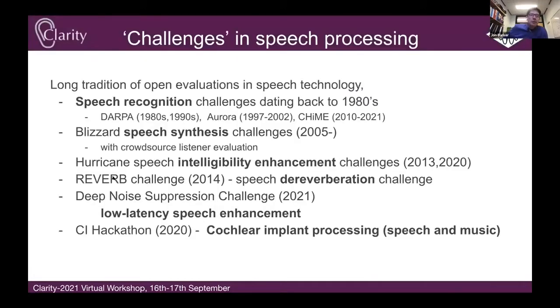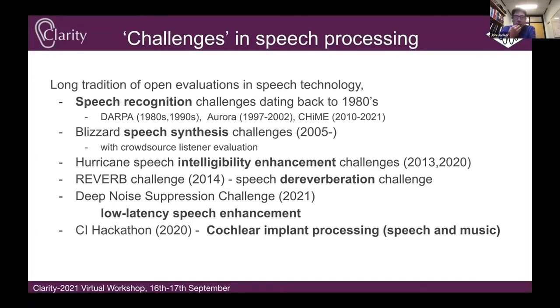So to start out, I'd just like to point to some of our inspiration. There's been a long tradition of common task evaluations in speech technology, and this dates right back to the 1980s with the DARPA speech recognition challenges. From the 1980s onwards, speech recognition has been progressing largely through the definition of shared tasks, where there are open data sets and common evaluation, and teams are invited to compete in these challenges. For speech recognition, it's in some ways quite straightforward because there's a clear objective. You've got to recognize some speech and you know what the transcript should be, and there's a clear way of